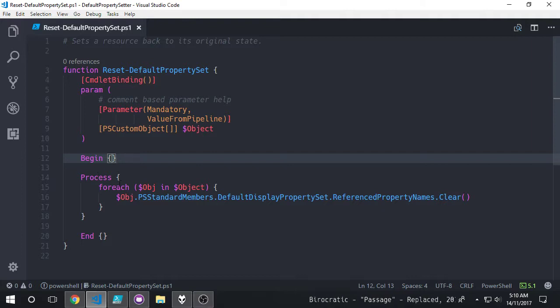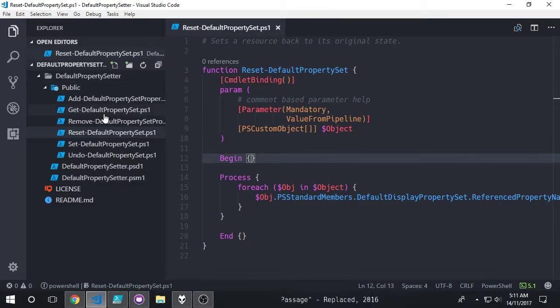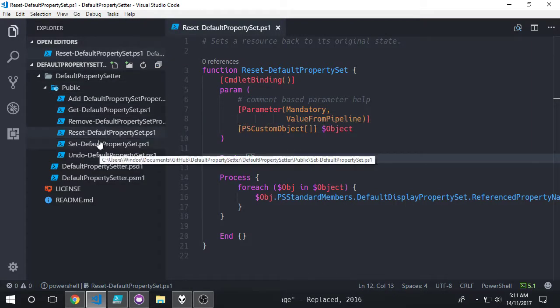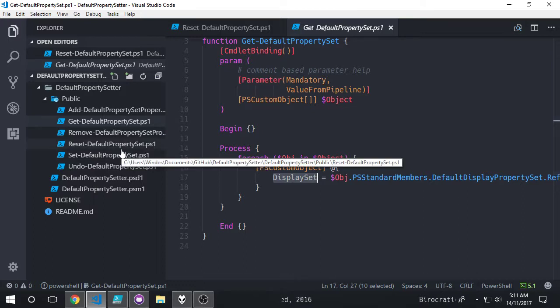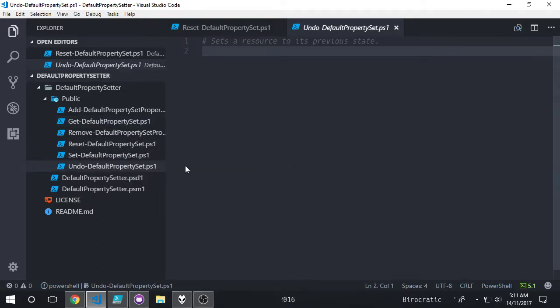So, I don't think there's much else needed for this. The more I think about the issue, the issues with, say, this, where I can't really identify the object that this display set belongs to. In order to do an undo, which is, rather than reverting it back to nothing, reverting it back to the previous state, I need to know what the previous state is,